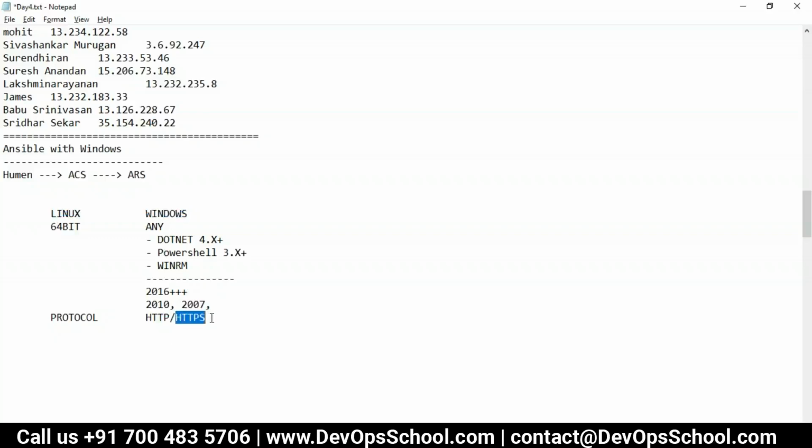By default this is the one, but you can enable HTTP also. It's up to you how you manage this Vnrm, this is completely up to you. Now the next thing: when I say you're sending a package from ACS to ARS, that package is nothing but your playbook. Each task, remember. So each task, when you send packages to the ARS from ACS through HTTP,